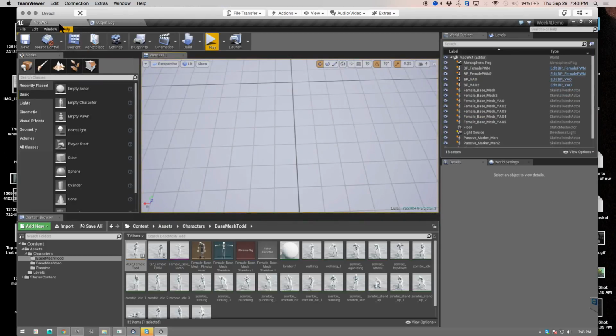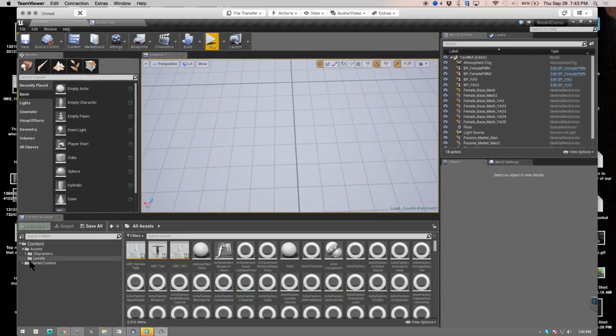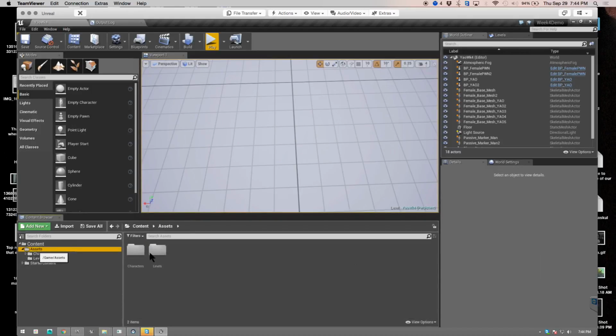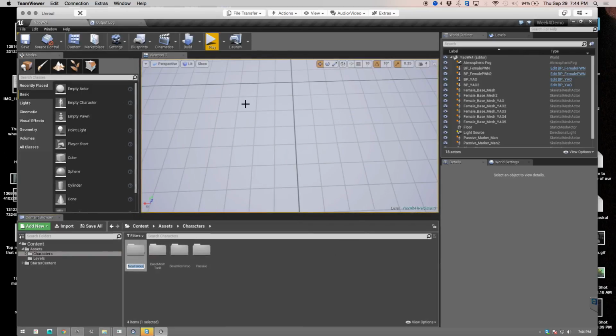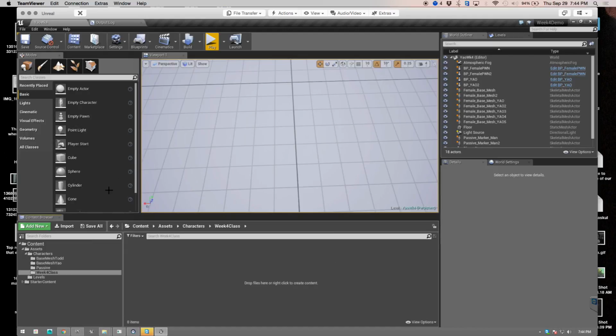Boom, takes a village. So with it plugged in, we're going to bring in a brand new character and just show you how to do this, the beginning of it, and then once we can get over there, we'll go over there. So I'm going to have some characters, and I'm going to bring in a new one. This one's going to be called Week 4 Class Character. And I don't care about the animations. I'm just going to bring in the